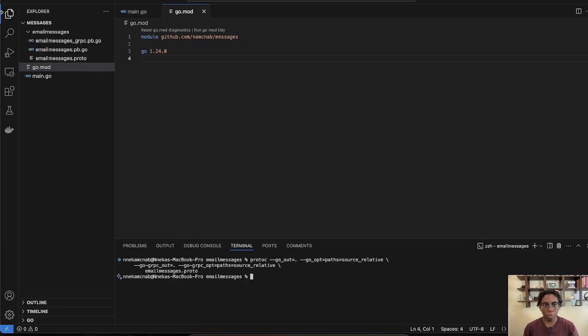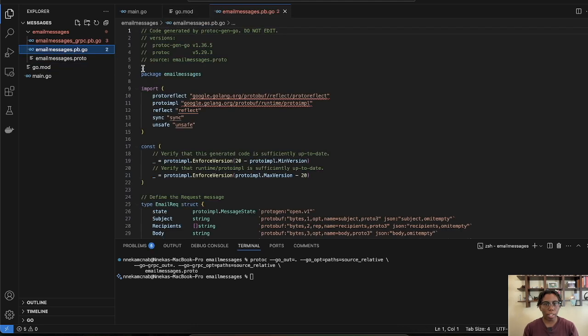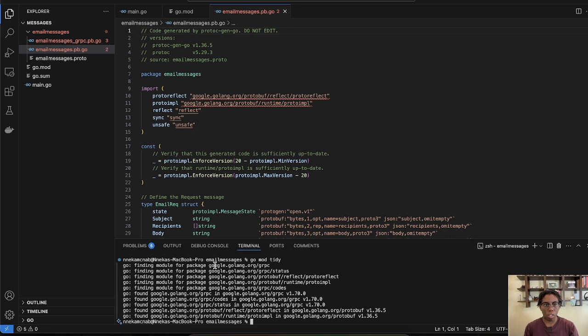Nice. So you can see that these files have been generated. They will act as the bridge between protobuf and Golang. So you can see that there's some highlighted text here. There's some errors. So we'll just run a go mod tidy to get those dependencies resolved. Nice, all that's good. So the next thing we want to do is implement the